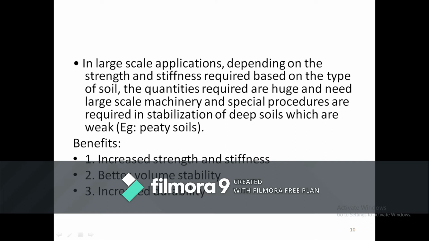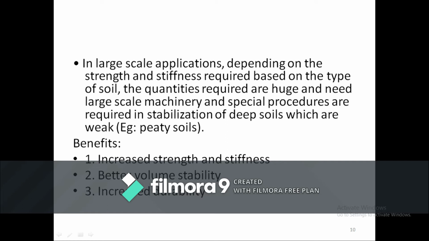So generally the addition of cement for strength as well as stiffness is based on the soil, and once you have added this cement to the soil, huge machinery or large scale machinery is important, and also special procedures are required in stabilization of deep soils.